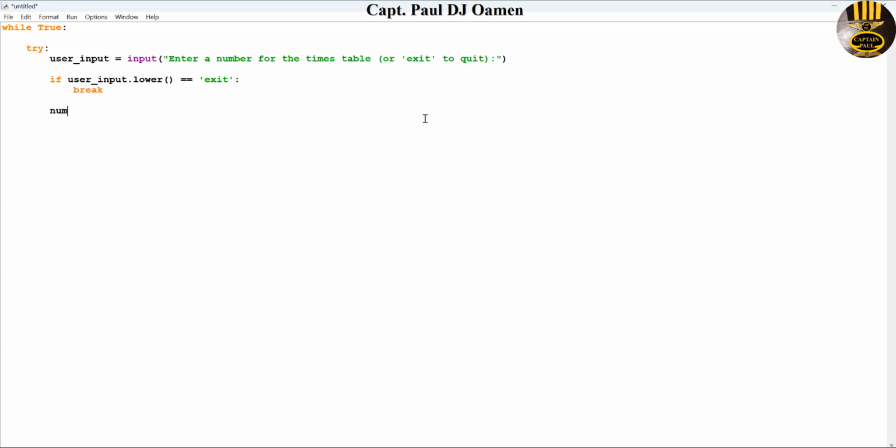Now I'm going to create another local variable and call it n. That's going to equal integer. This integer is taken from user input. Let's say n equals 1, and while n is less than or equal to 12,